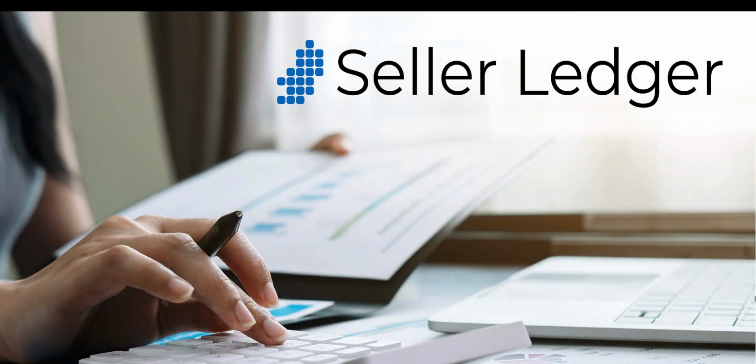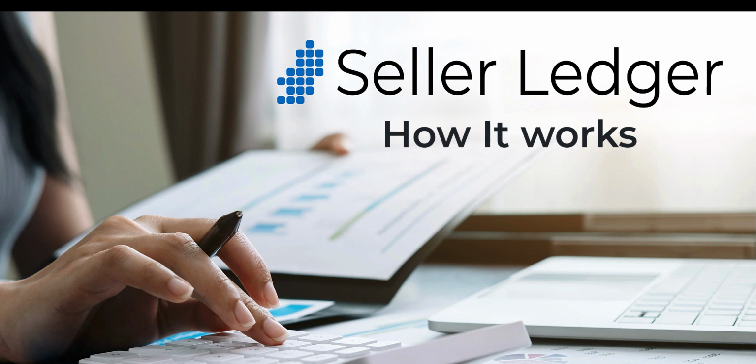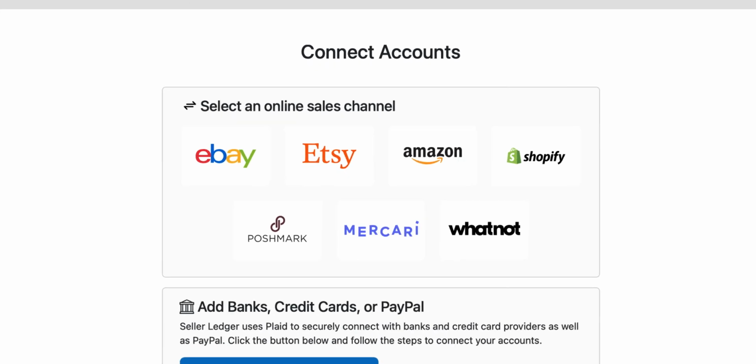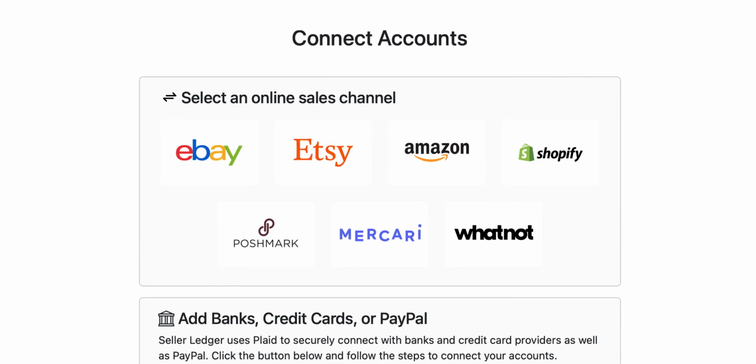Welcome to Seller Ledger, where we automate your bookkeeping so you can focus your time sourcing and selling products for your e-commerce business. Seller Ledger connects directly to leading online sales channels, banks, and credit cards to import your business